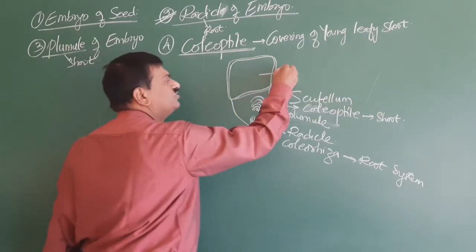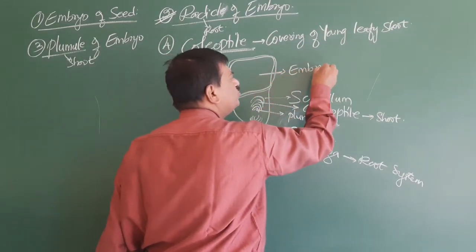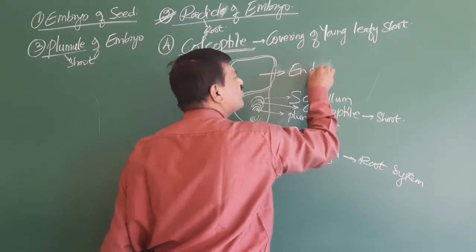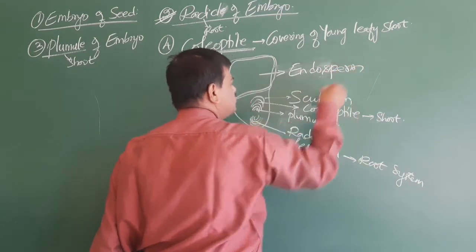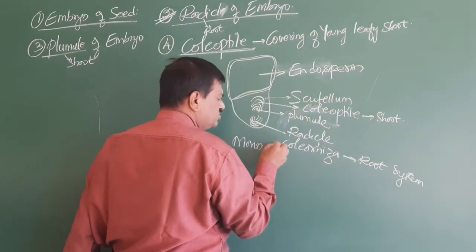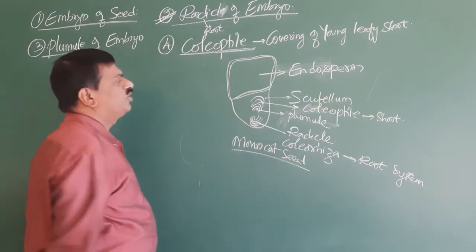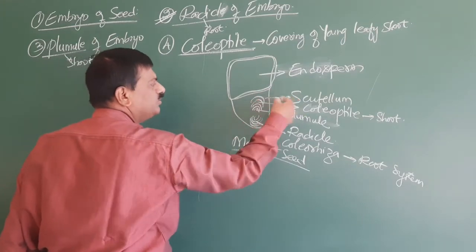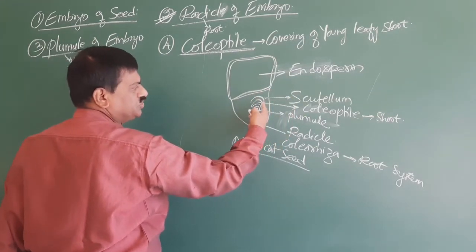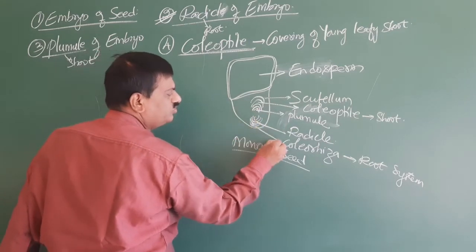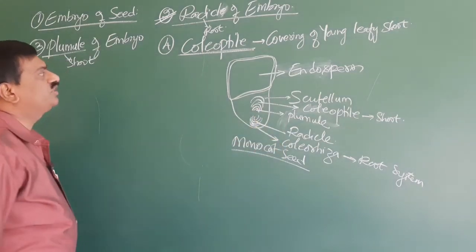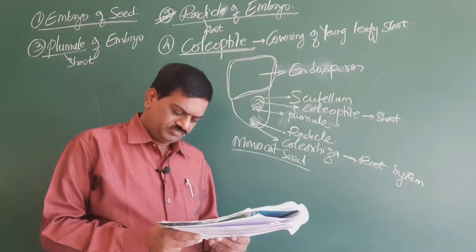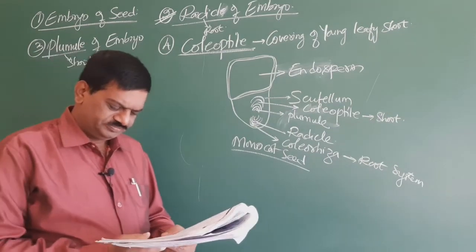So this is called the embryo, and this is called the endosperm, and this is a monocot seed. In a monocot seed, there is the aleurone layer, endosperm, and a cotyledon called scutellum, and the plumule gives rise to coleoptile and the radicle gives rise to coleorhiza. So this is a monocot. But here the right answer is radicle of the embryo. So we go for the next question.